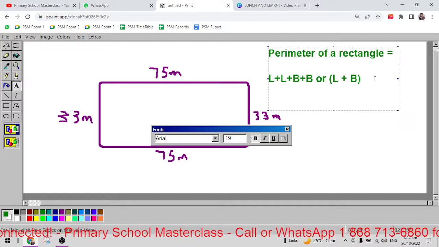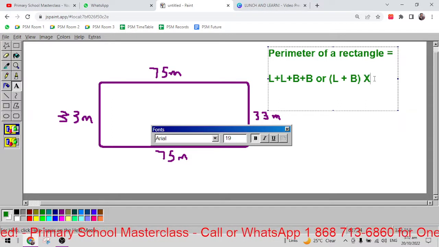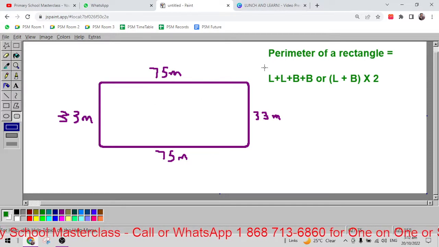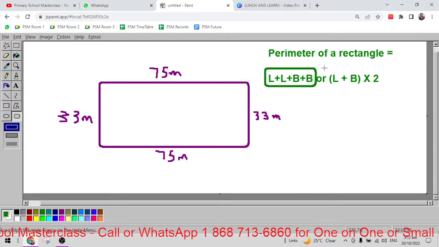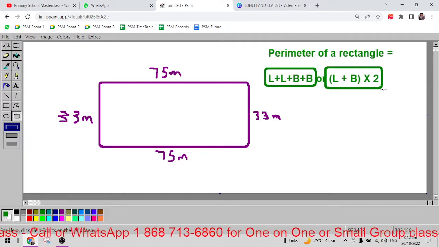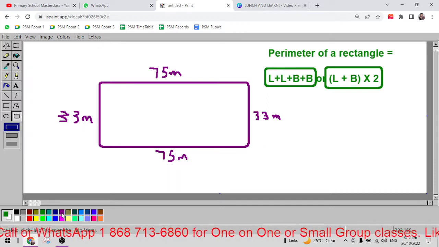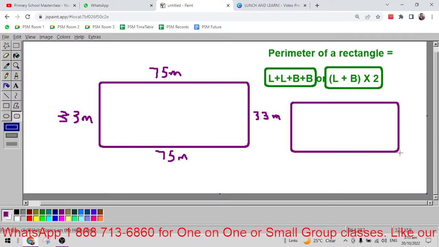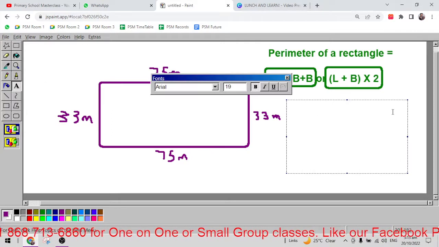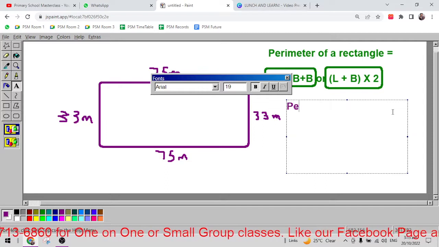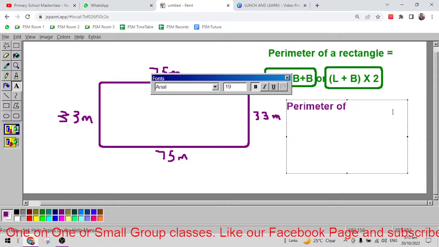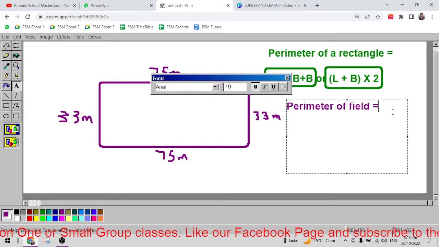Which way is good for you? You do. Right? You do. I like to use the first way, some people like to use the second way. It's all good. Right? So perimeter of this field, this is what the guy needed to walk if you walked around the field. So perimeter of field is going to be equal to